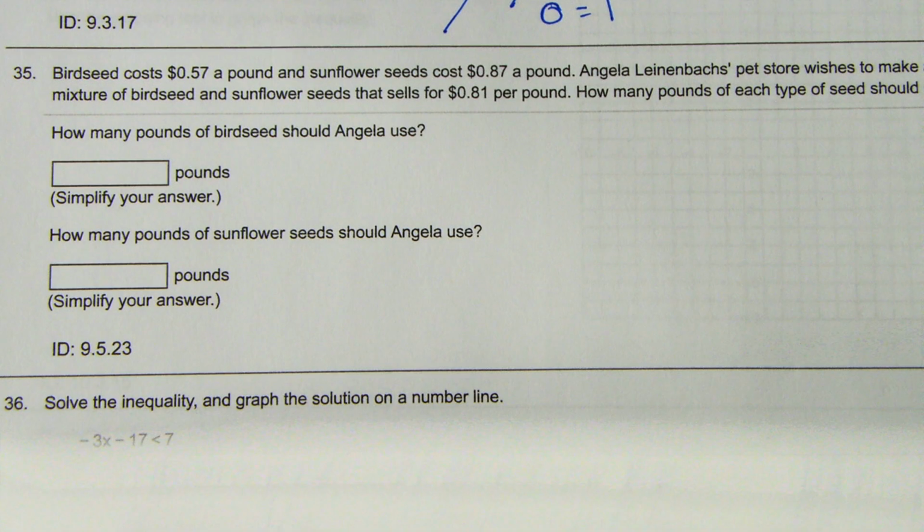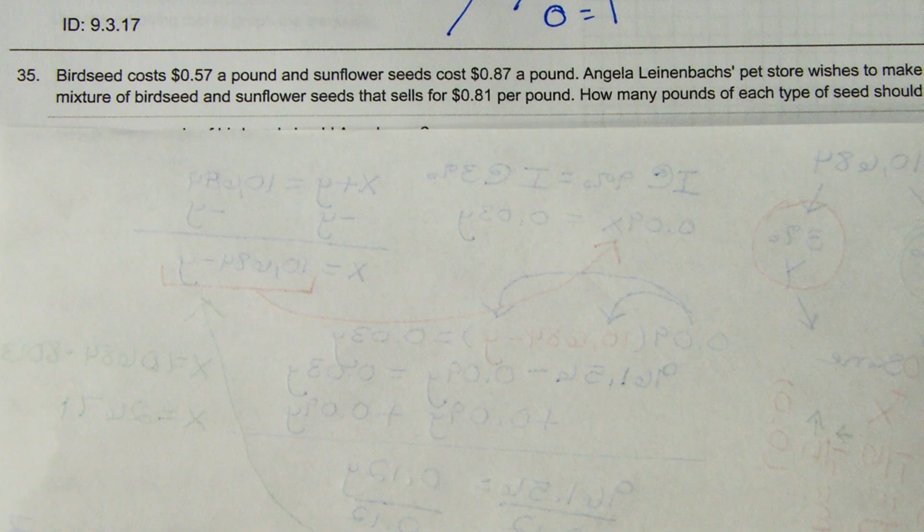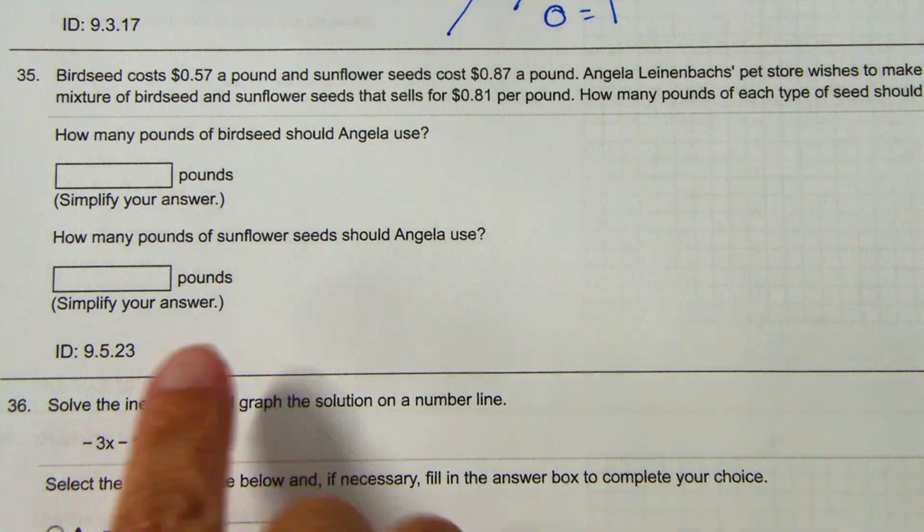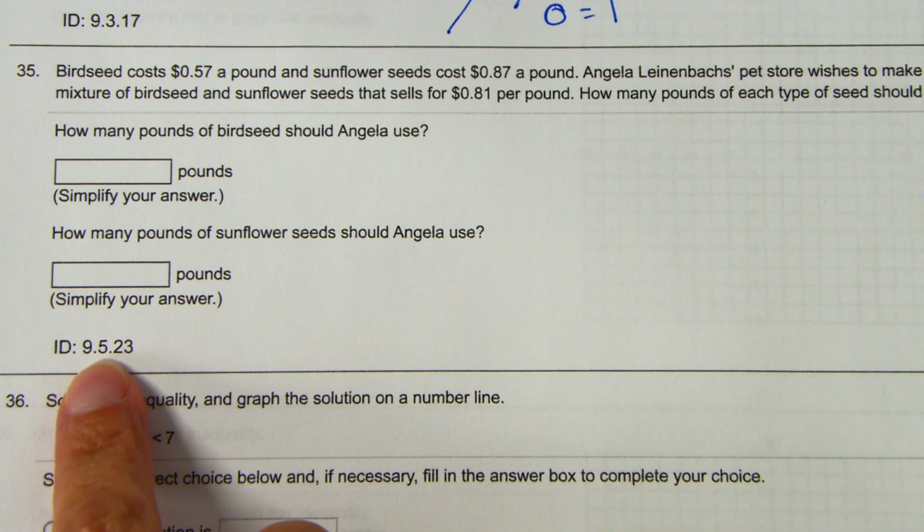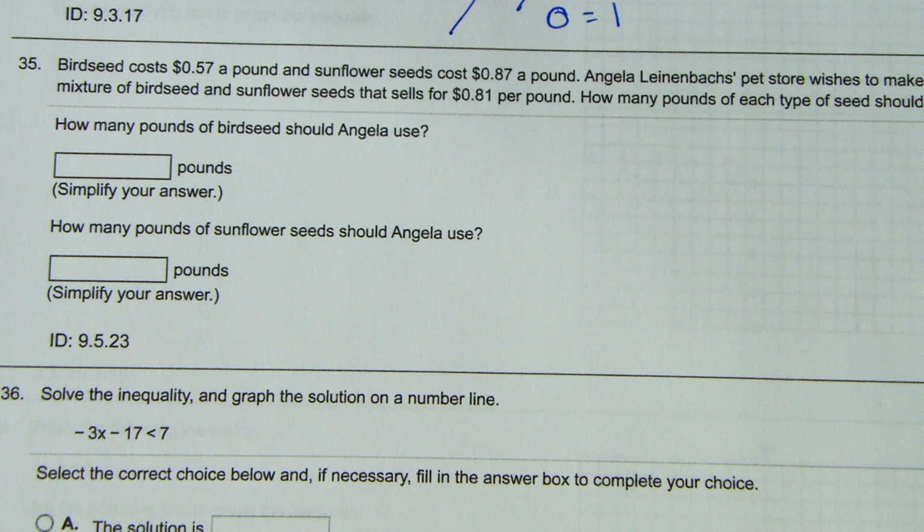In 3.4, we used a table. In 9.5, we used systems of equations. I'm actually going to do a little bit of both. I'm still going to use the table to organize my information, but I am going to use systems of equations to actually solve this problem, because I like the table to keep everything organized, because there's a lot